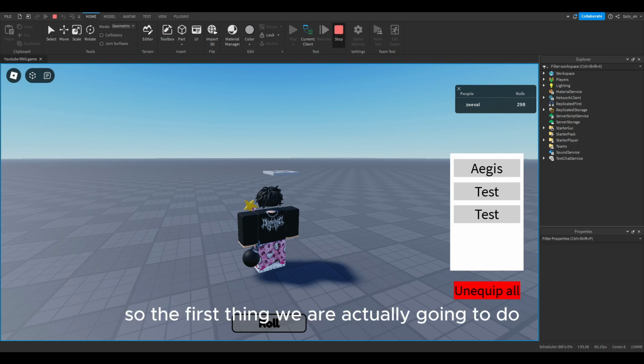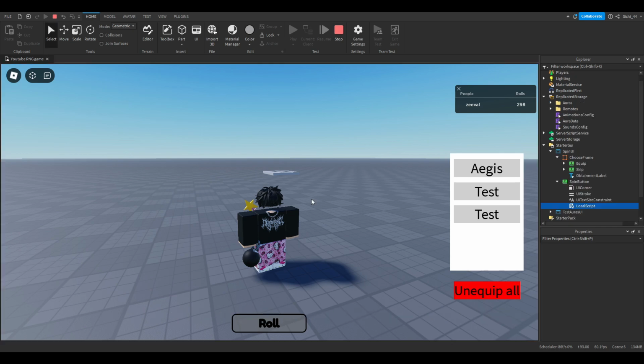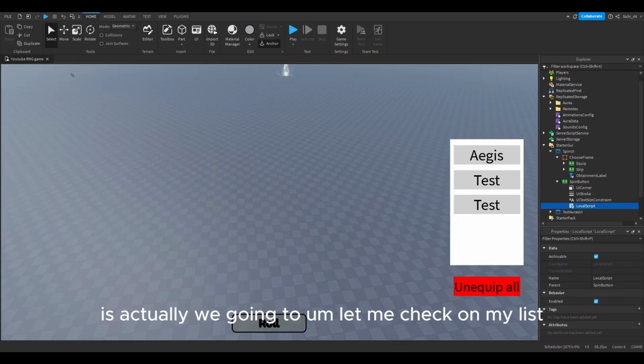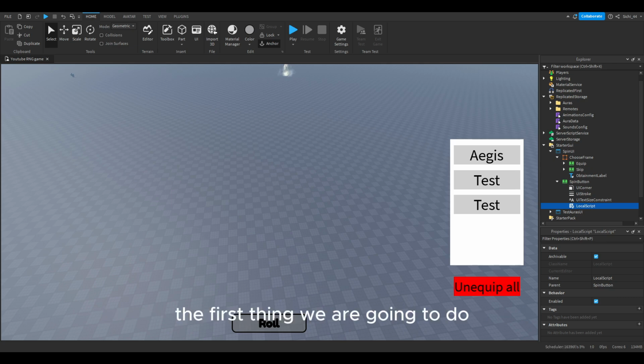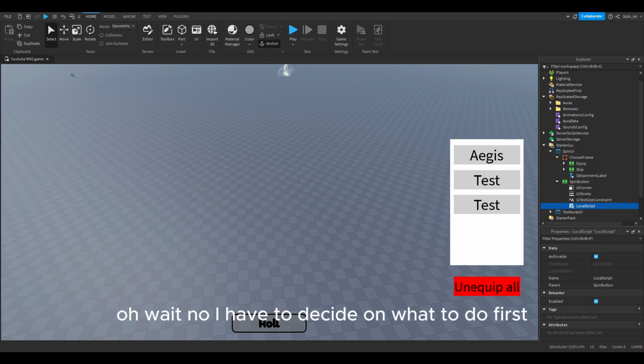So the first thing we are actually going to do is, let me check on my list. The first thing we are going to do is, oh wait, no, I have to decide on what to do first. I think we want to do the spinning frame first. So the first thing we are going to do is